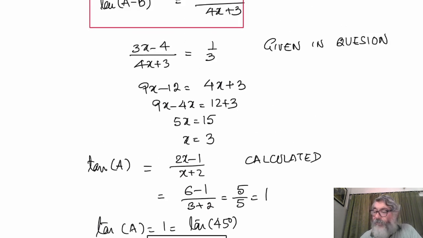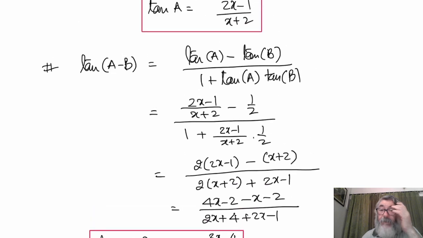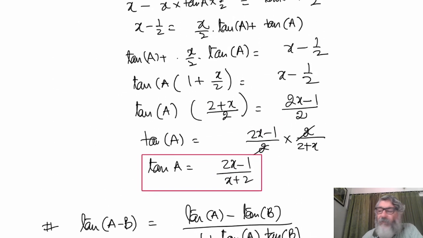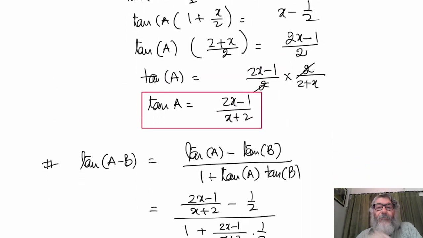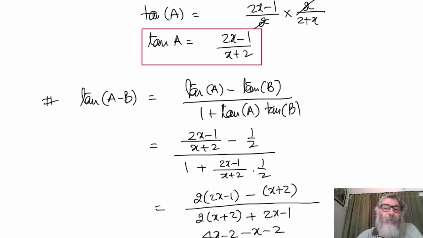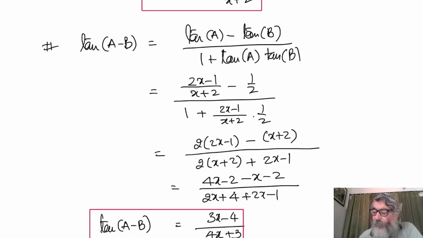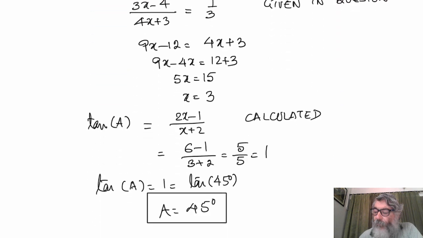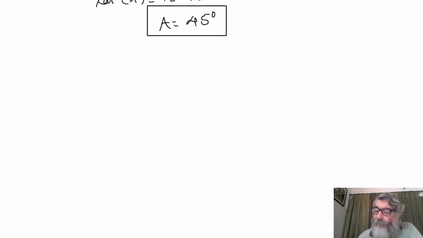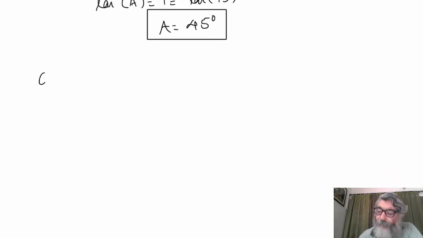So in this question, again it's only a matter of calculation, nothing else. Application of the formula, you know the formulas of tan(A plus B), you know the formulas of tan(A minus B). But just application is there. This was question number 4. Now let's see question number 5. What is question number 5?